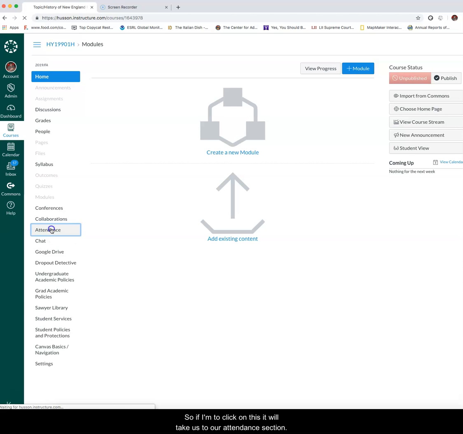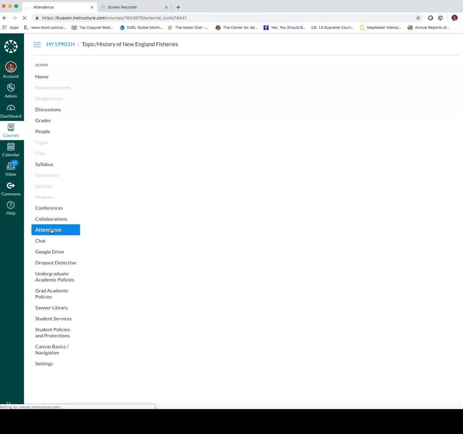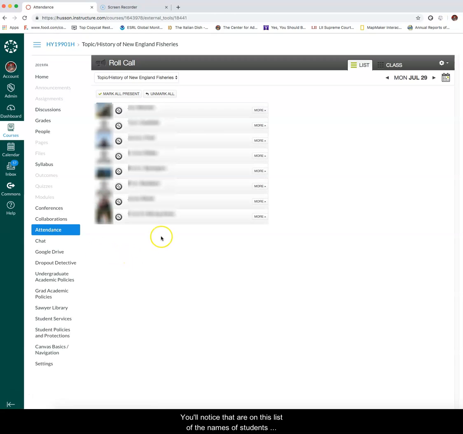So if I click on this, it will take us to our attendance section. Now you'll notice that on this list, the names of students have been blurred out so as to protect their identities. We're not interested in their identities in this case, just how to keep attendance. So very simply, you can use this to keep attendance, and all you would do is click on the students next to the little toggle here to mark as present or not present, or perhaps all of your students are present today, so you would just click on the mark all present,